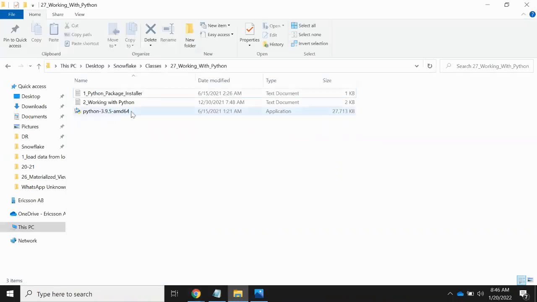So when you click on that, you can see the latest version of Python. You can download this Python version, or I will send you the Python executable file, so you can directly install this one also. It will not take much time. Just click on next, next, next. That's it. So once it is installed,